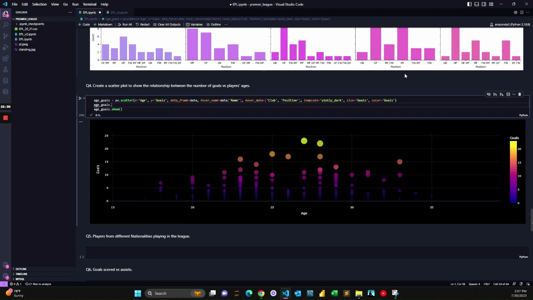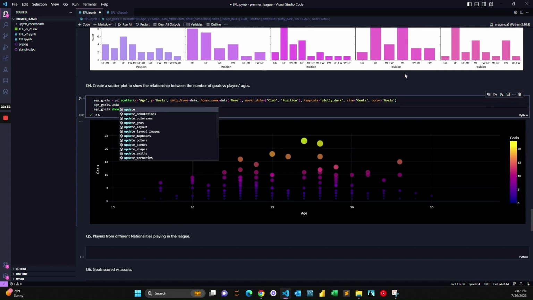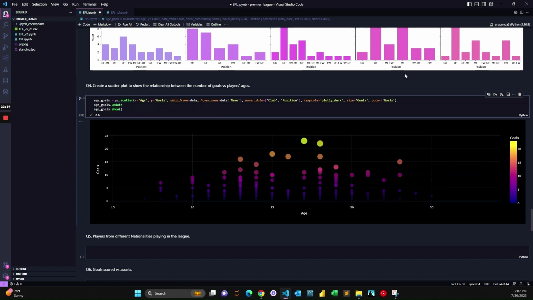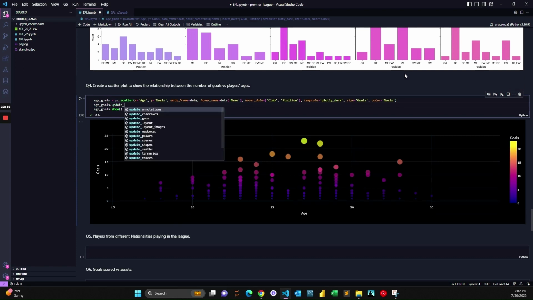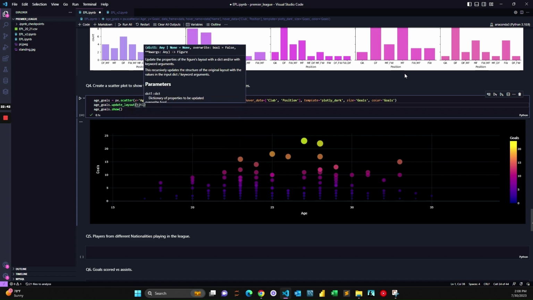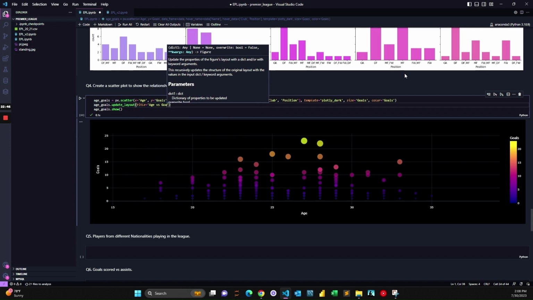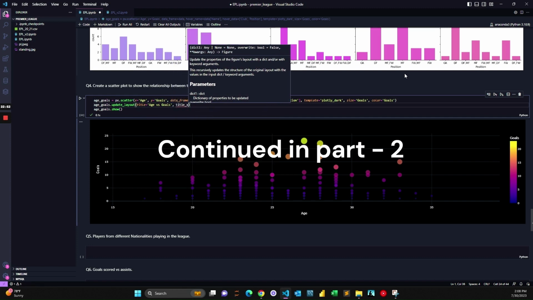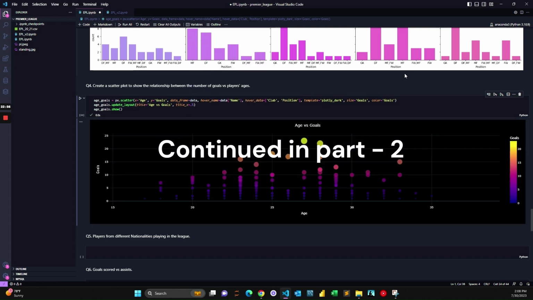So I'm going to do a little bit of cleaning on the chart. I'm going to add a title, age versus goals, and then add title x to be 0.5. Let's see. Okay, age versus